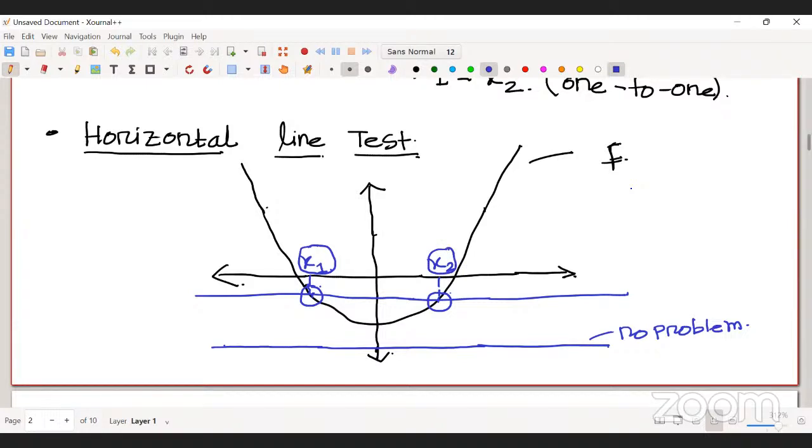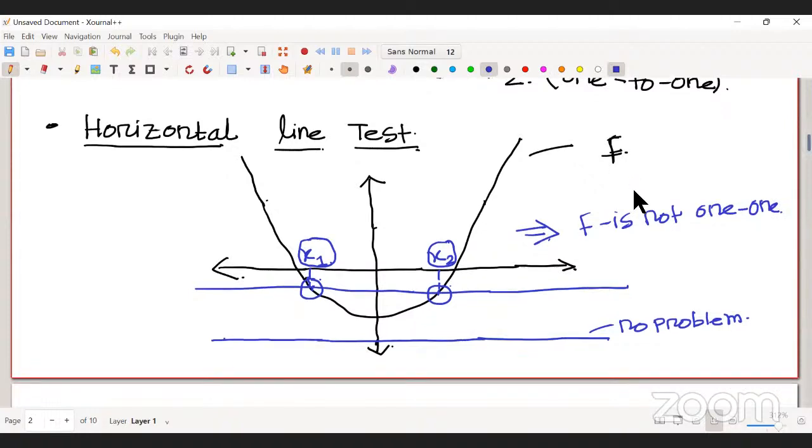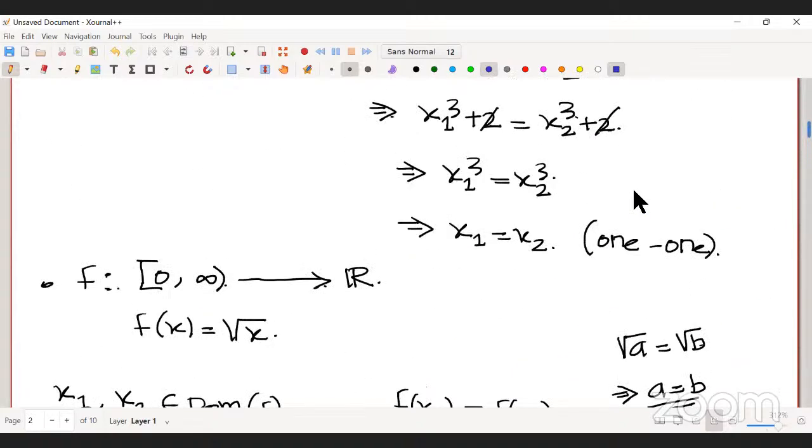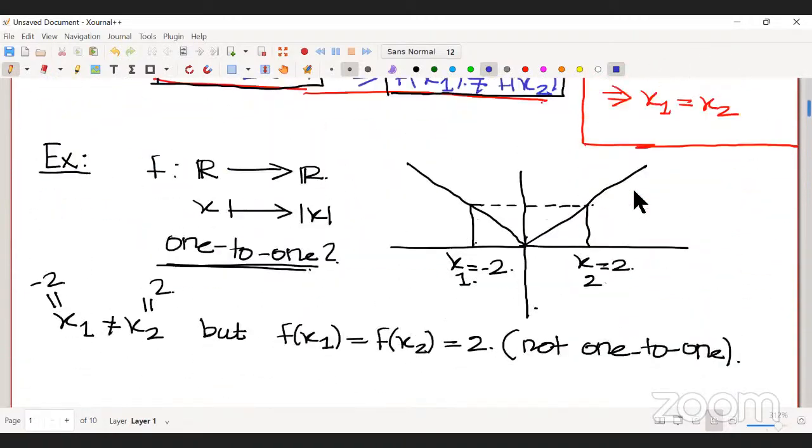That means this function f is not 1-1. Similarly, if I try the same thing with the modulus function,